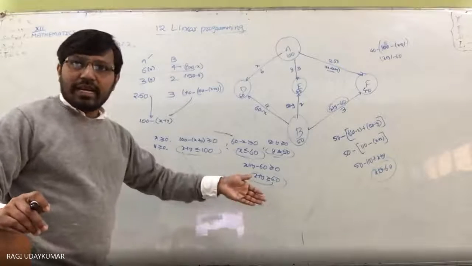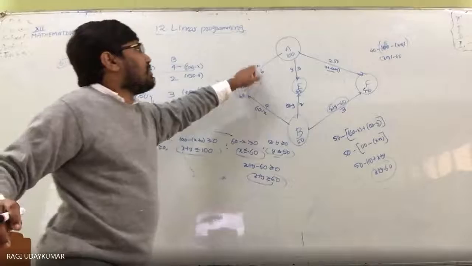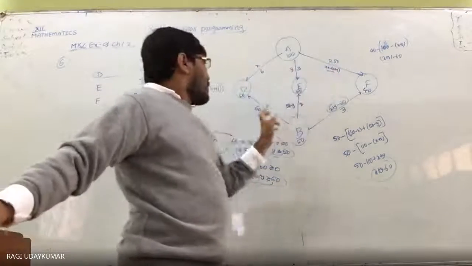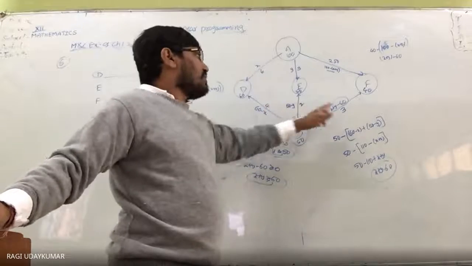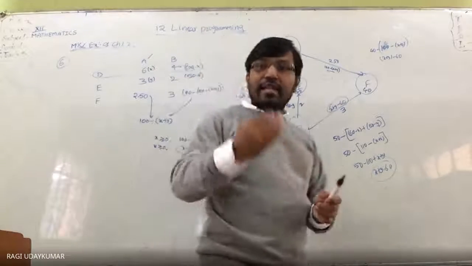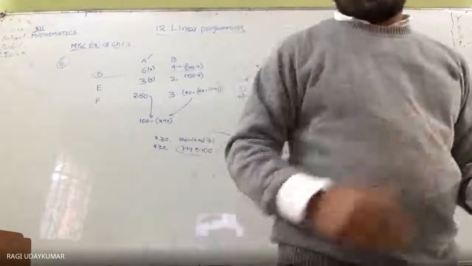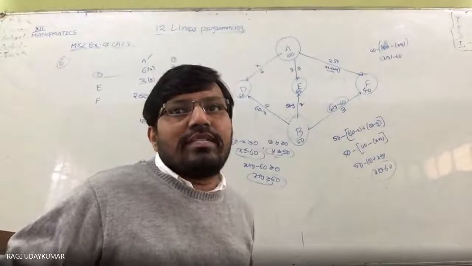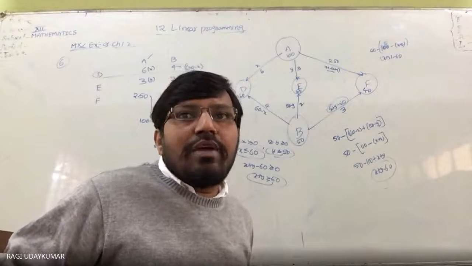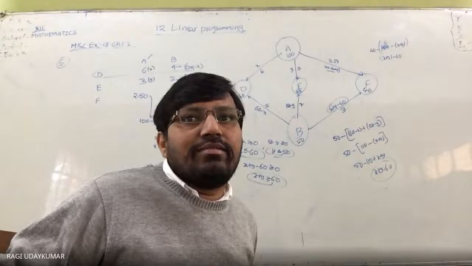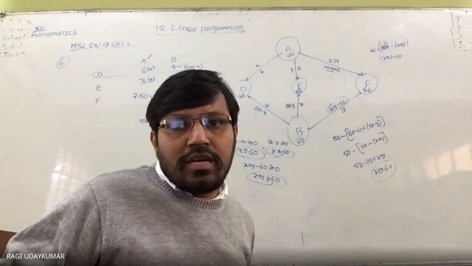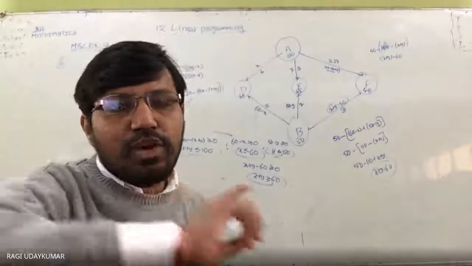So you got the objective function. Objective function कैसे आएगा? 6x plus 3y plus 2.50 into this one plus 4 into this one, 2 into this one, 3. Objective function finding in this problem is lengthy. So if you find the objective function and constraints, and plot them in a graph, you will get the final answer. Did you understand, Anurag? Yes, sir. If you have any doubt, please ask.